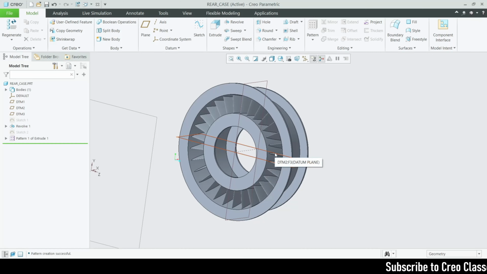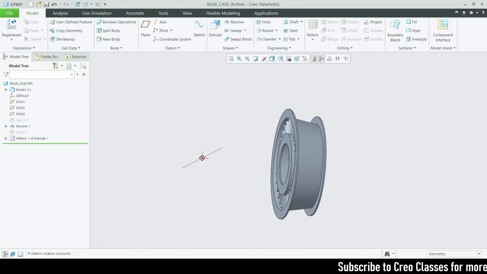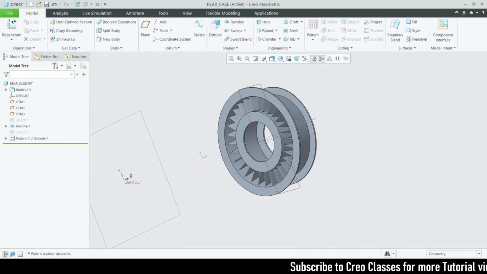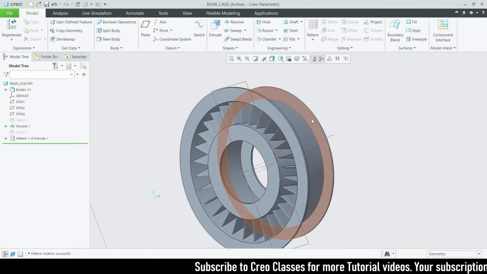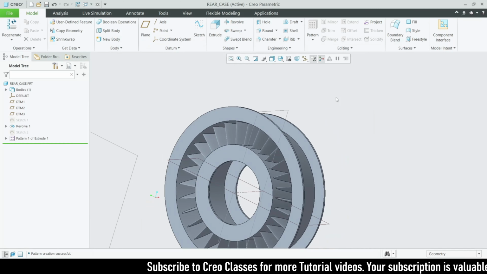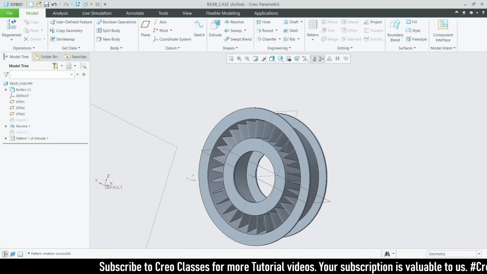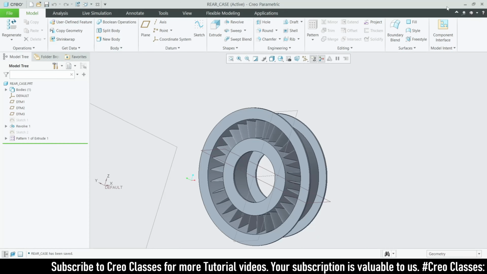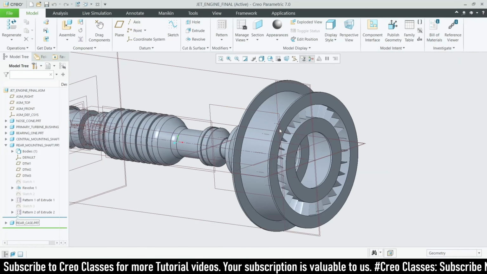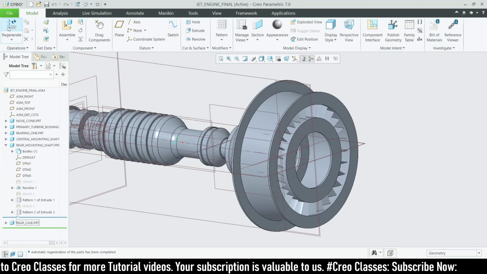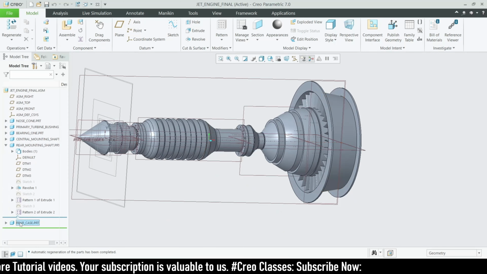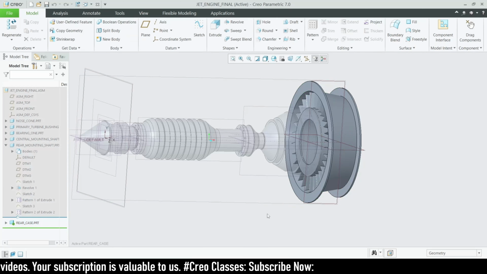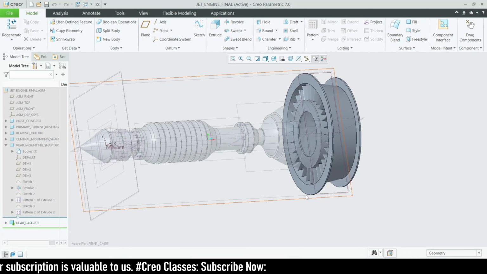Okay, so now I think this part is created successfully. So then we have to create a couple of hole features for this, as you can see here. So we can create that in the assembly itself because we need to take reference on the previous part. So I'm just going to save this part, and I'm going to minimize this. Okay, let's click on regenerate once again. You can see a part is created. Okay, so I'm just going to make it the active part again, and then I'm going to create some